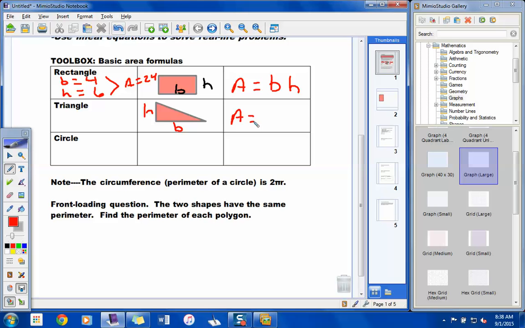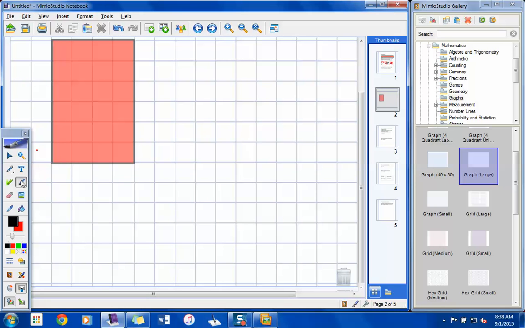Okay. I like that formula. Base times height divided by 2. And this is true because if I go back to that example, if I would cut this in half right here, guys,